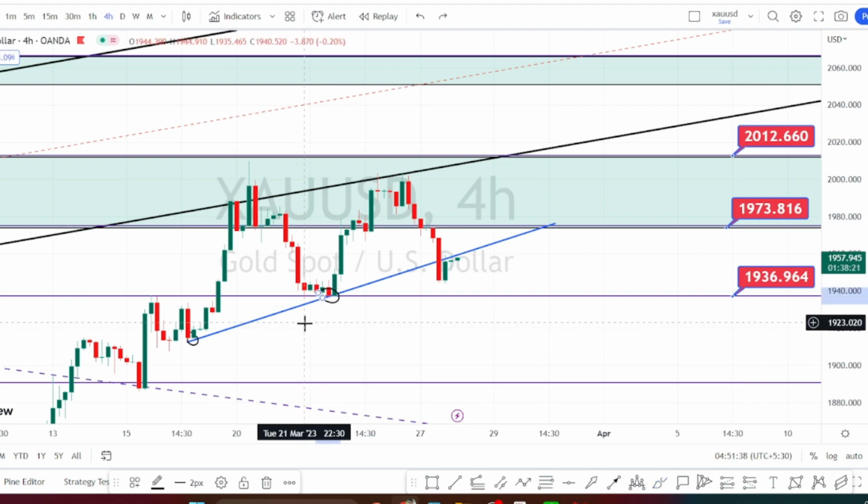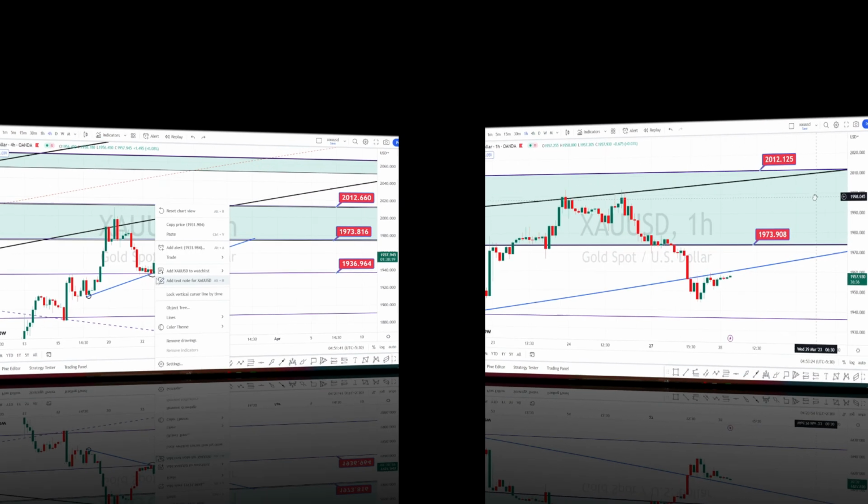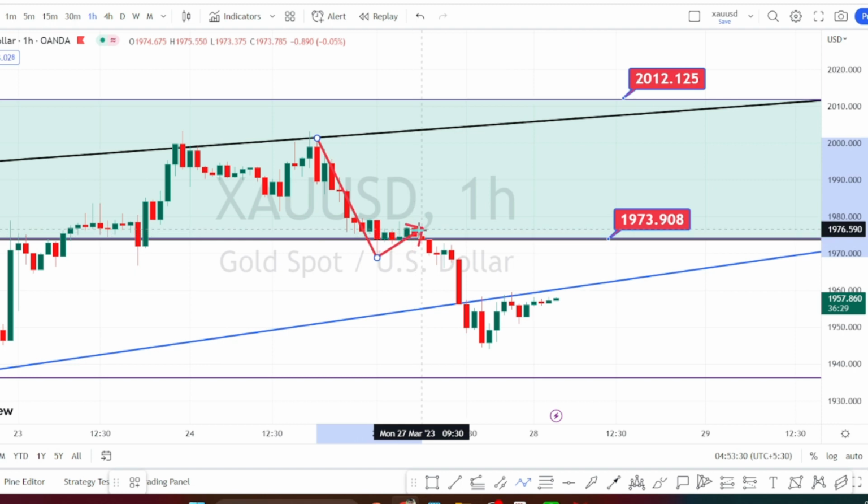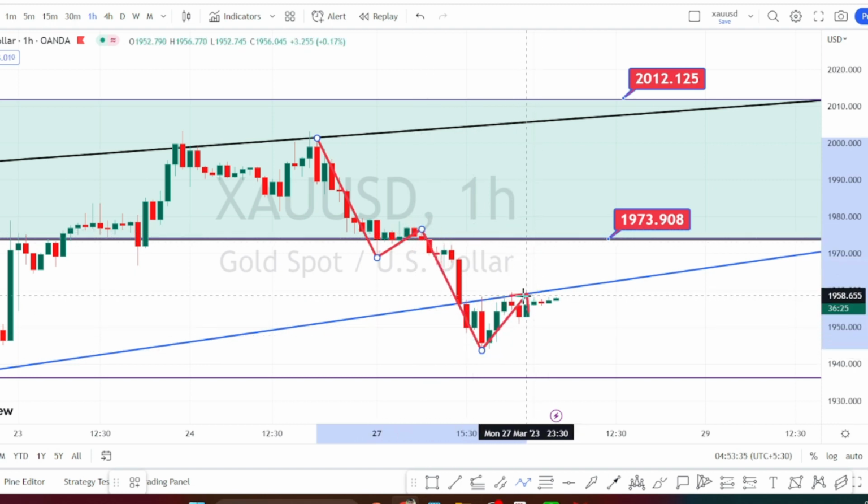Let us look at the price action in hourly time frame. I am in hourly time frame, and we are noticing the price action to trend on the bearish trend in hourly time frame also. So currently it is trying to break this resistance line from the 4 hours time frame, but since the overall price action is in a bearish trend, even if the price action breaches this resistance line,